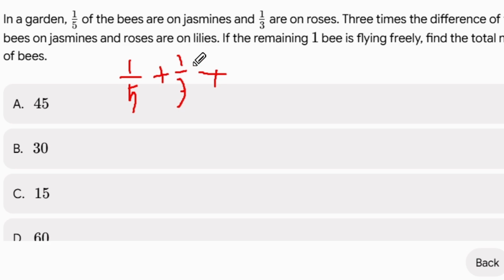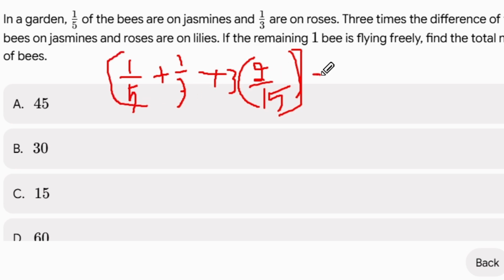That means 1 by 3 minus 1 by 5, that equals 2 by 15, 3 times of n, plus 1 equal to n minus 1. By simplifying this, we get